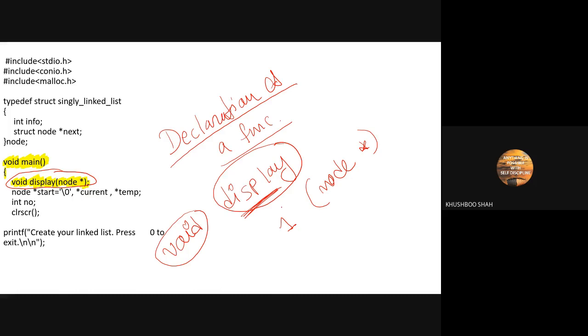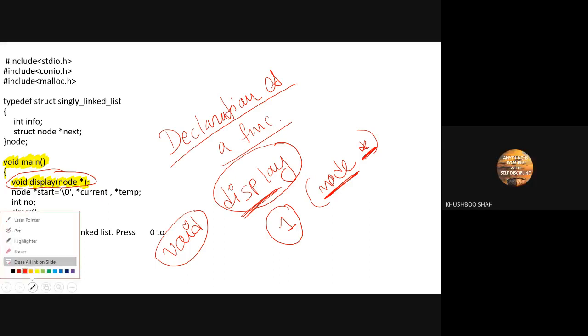It has one parameter, and this parameter is nothing but the address of the node that we are going to pass. Got it? Everyone understood? Yes, ma'am.